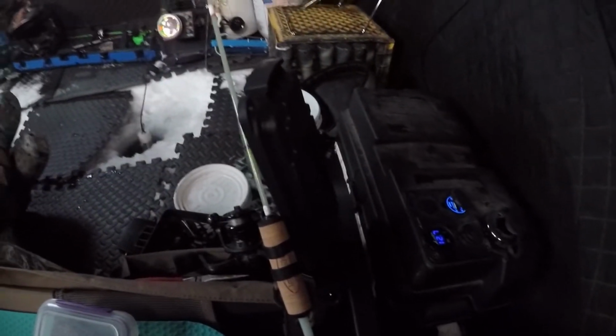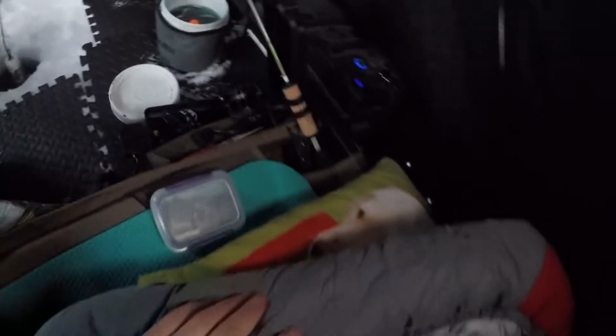So this is, I'll just kind of show you this. Let me get this open. No, that didn't really help. But this is just a battery case, and then I have this, so that tells me my voltage. And then what I want it for is, so when something comes at night, I don't have to stand up. I can just flip on this switch. I have enough light in here, reel in a fish for you guys. And that's the main reason I brought that, is so that you have more of an angle. So yeah,